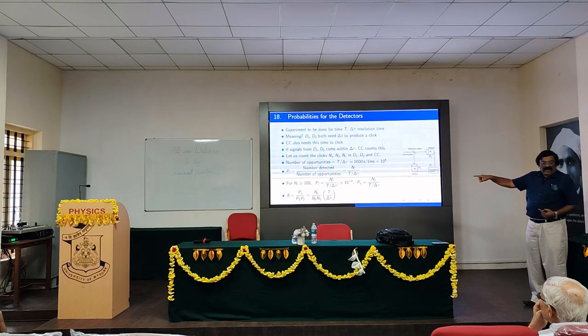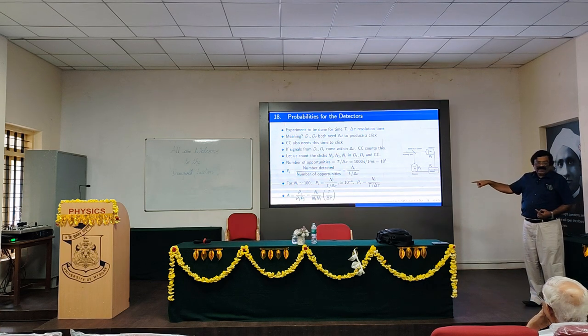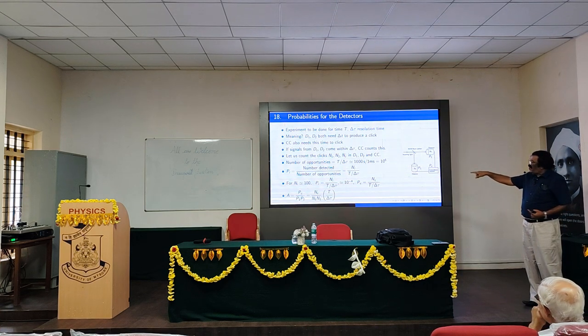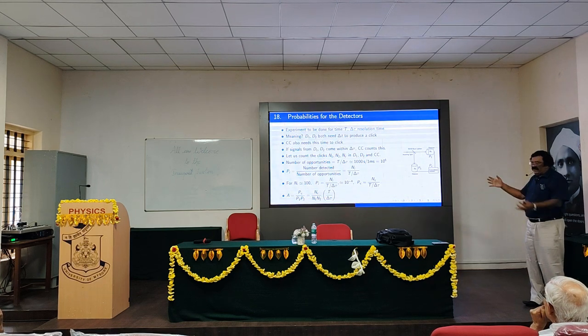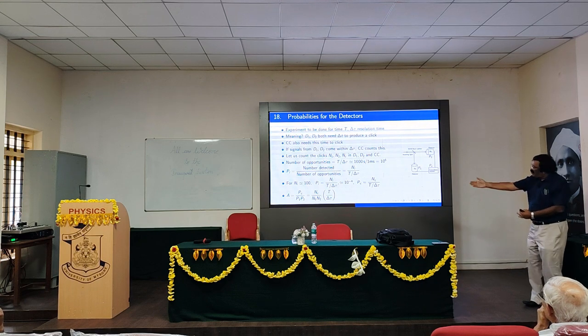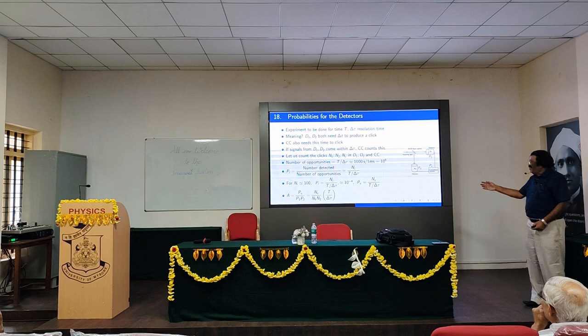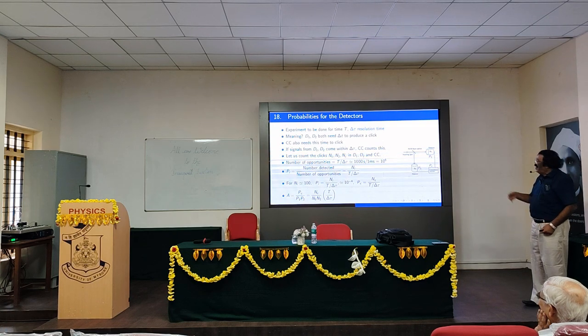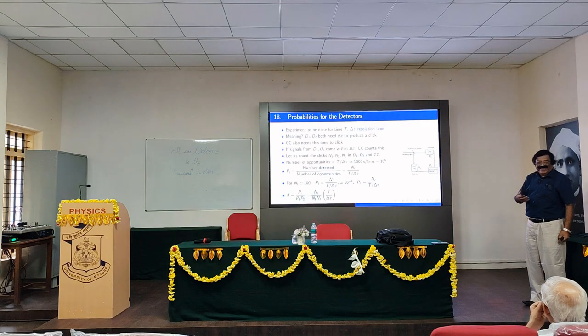So what is Pi? Pi is the number detected divided by the number of opportunities. So this is Ni divided by T divided by delta tau. I had to put this slash because if I put T divided by delta tau, my last equation goes below the view, so some adjustment had to be done.